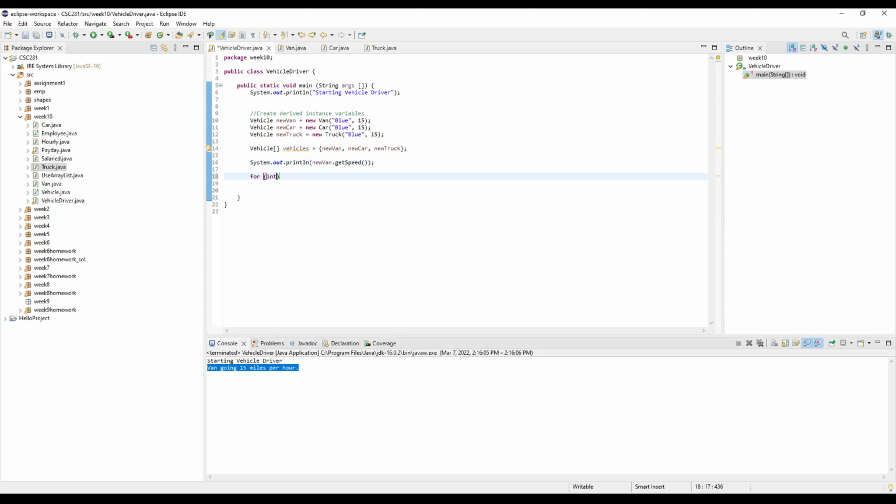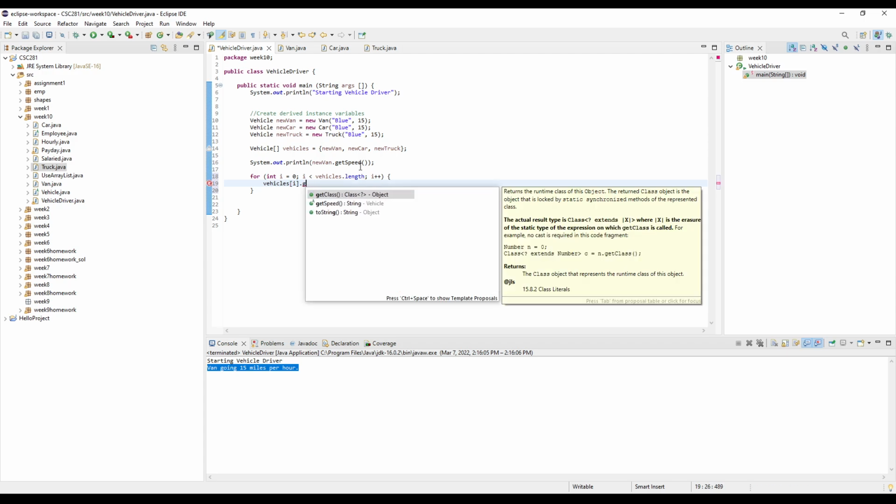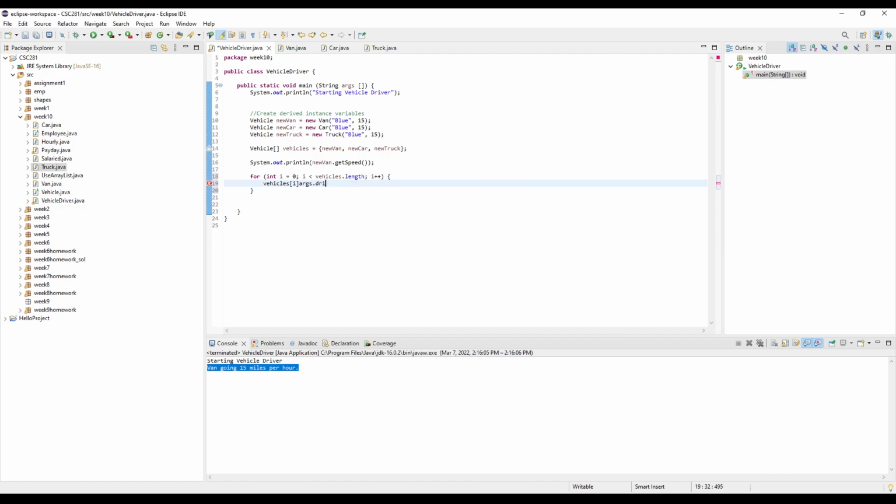How about I do a for loop here? So I'm going to say for int i equals 0, i is less than vehicles.length, i plus plus. But what I'm going to say here is, you know what I want to do? I want to increase each of these guys by 5 miles per hour in this for loop. So I could say here, vehicles of i dot, not get speed, but dot drive